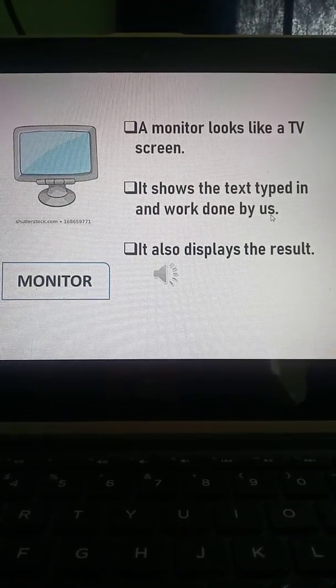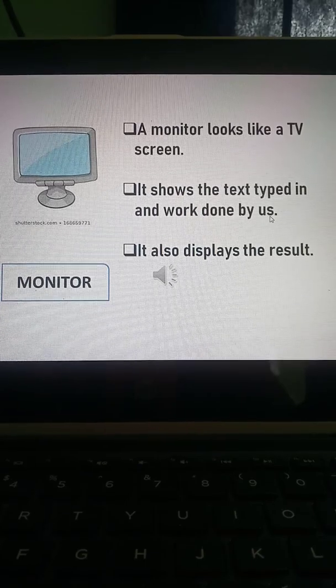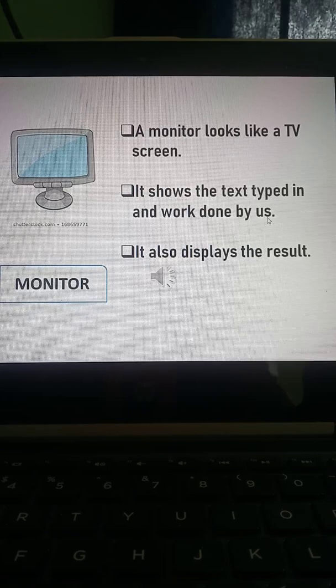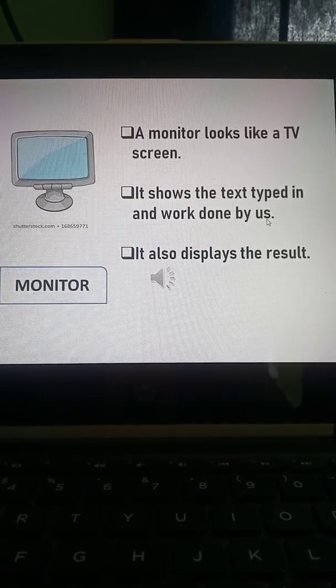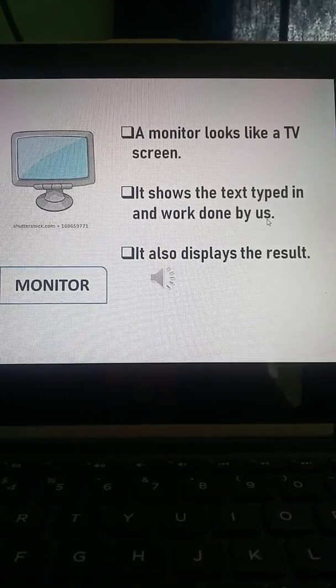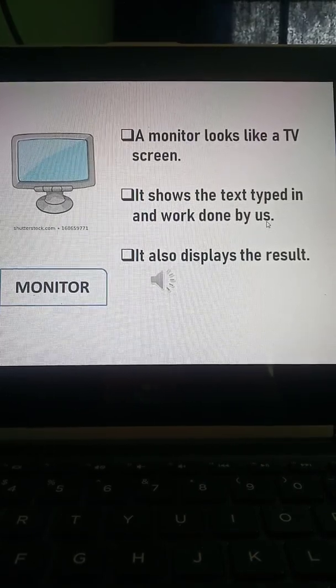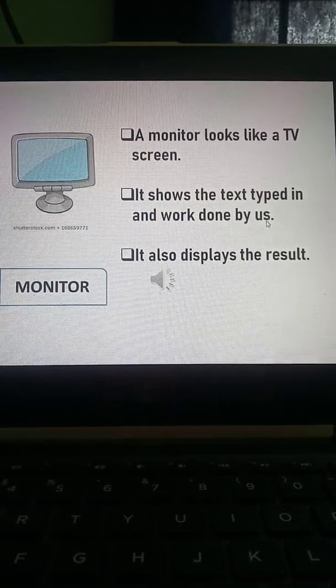Whatever we are doing in the computer, whatever we are typing, we see the work with the help of the monitor. Okay, so the part of the computer which looks like a TV screen is called the monitor. Now come to the next slide.